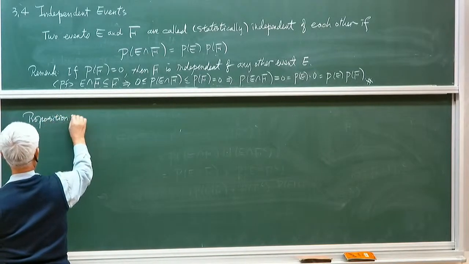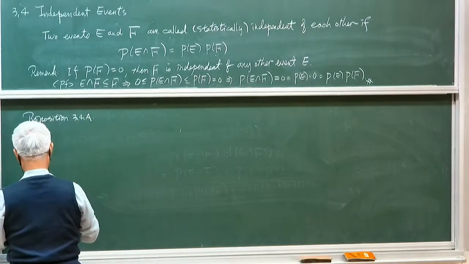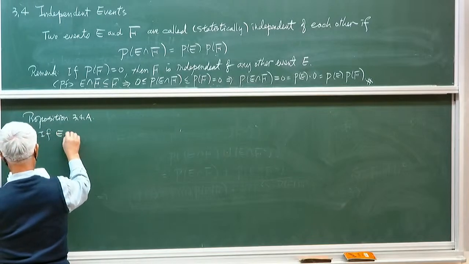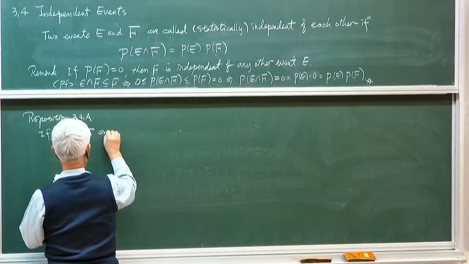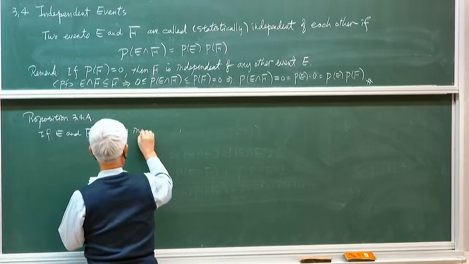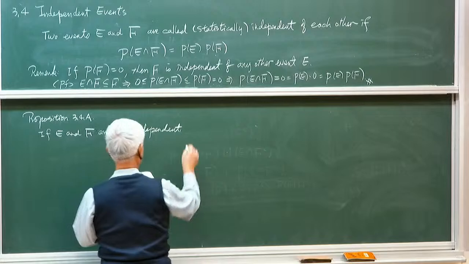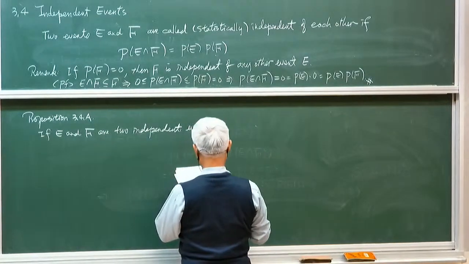Proposition 3.4.8. If E and F are two independent events, then